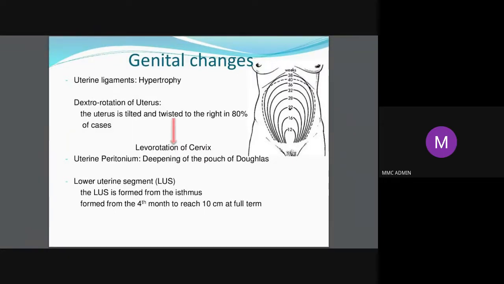And another important concept is the concept of the lower uterine segment. So as you know, there is a space called the isthmus in a non-pregnant uterus between the anatomical and the histological internal os. Now this portion becomes larger and larger and is called the lower uterine segment. Now this is the segment where we put the incision for cesarean section. That is why it is called LSCS. Okay, so it is a lower segment cesarean section where we are putting the incision on this portion of the